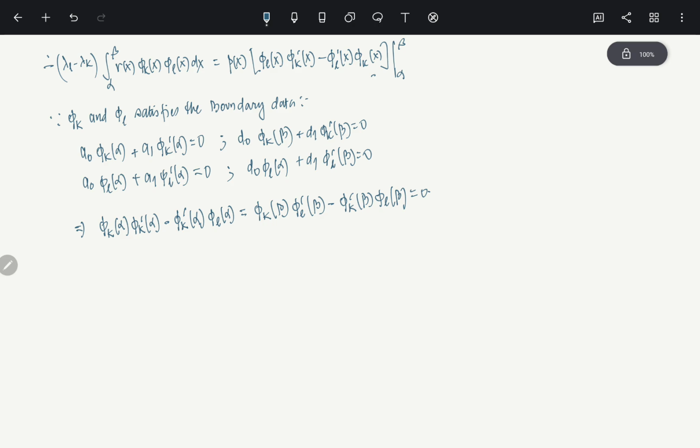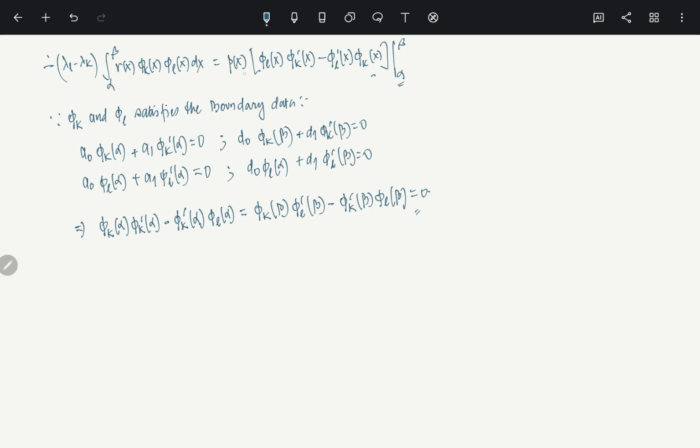Now think about it this way. For this problem to work, the thing is a0, a1, d0, d1 are arbitrary, and they are non-zero also. So basically these two systems of equations will have solutions other than the trivial solution. So the coefficient matrix, the Wronskian, has to be singular. So basically the determinant has to be 0. That is what I wrote here. Now once this is there, if you put this condition here,